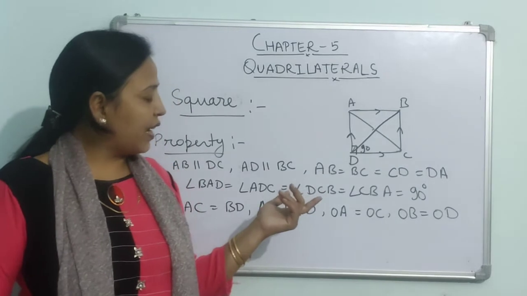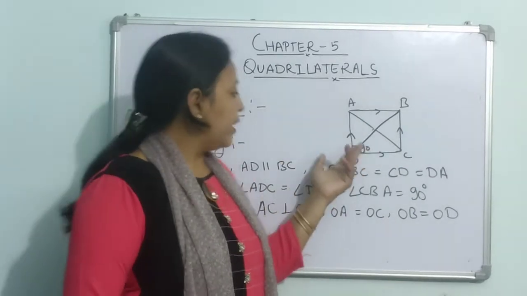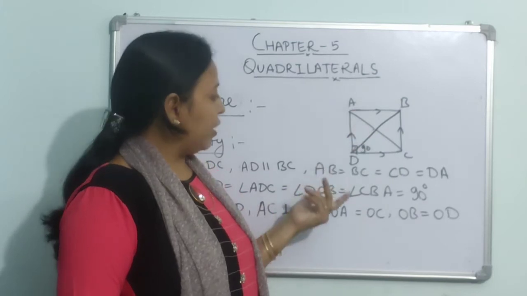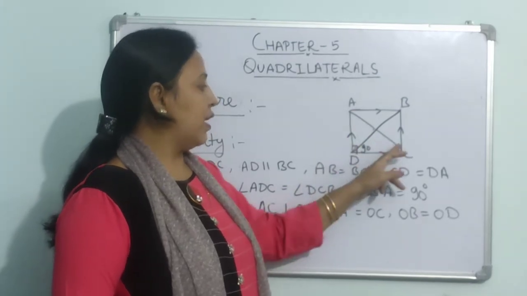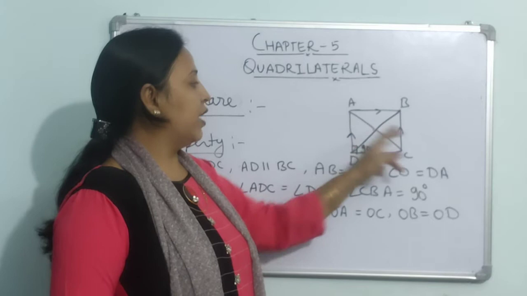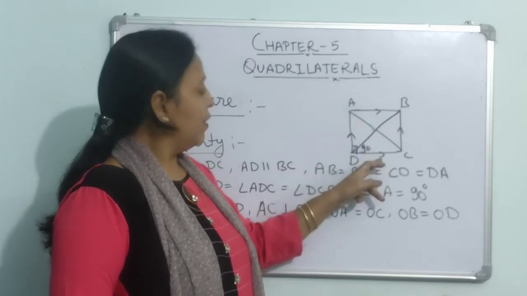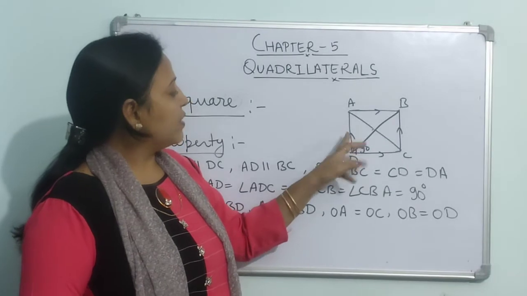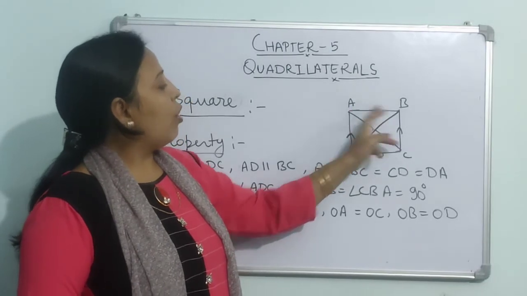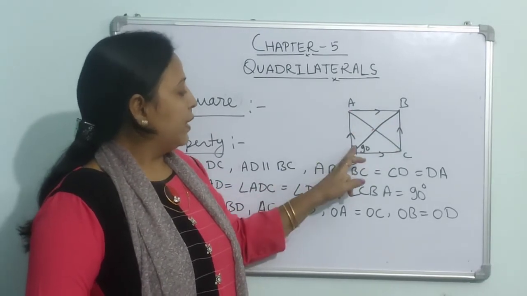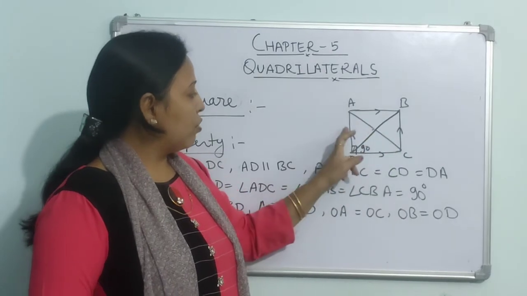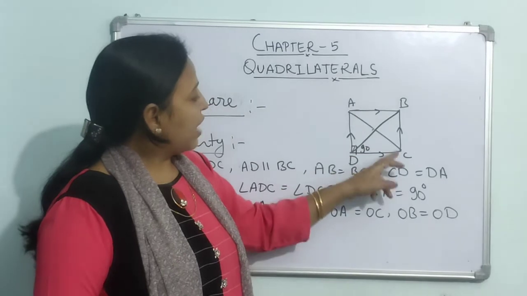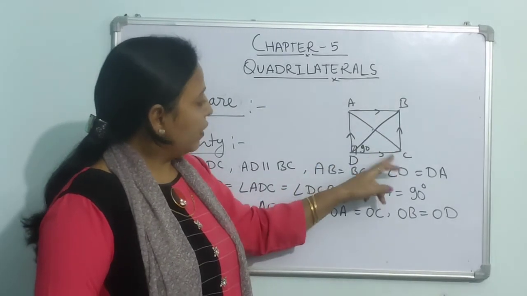It means you can say that it is another type of rectangle in which all sides are equal, because in a rectangle also the inner angle is 90 degrees, and the opposite sides are parallel and equal. Here all four sides are equal. So in short, in a square all four sides are equal, all angles are 90 degrees, and the property about the diagonals is that they bisect each other